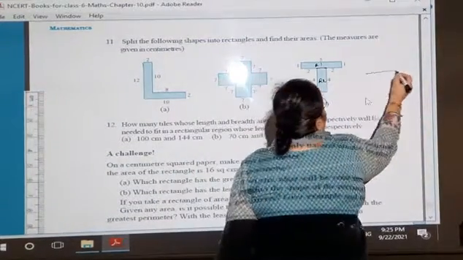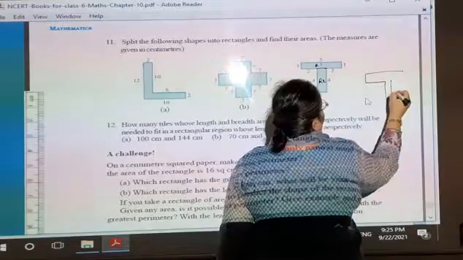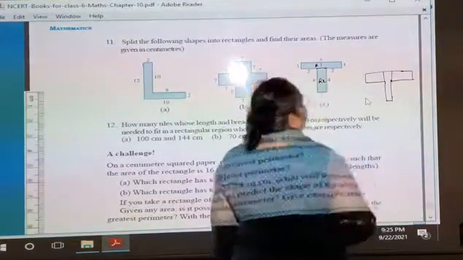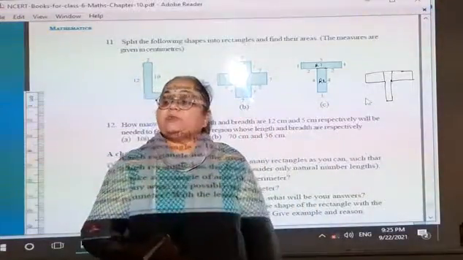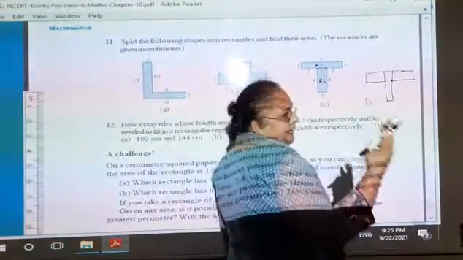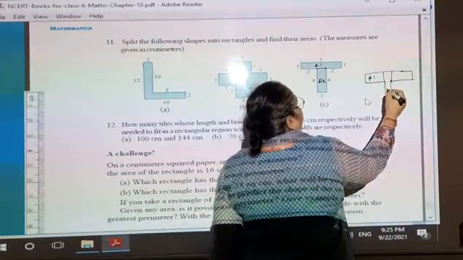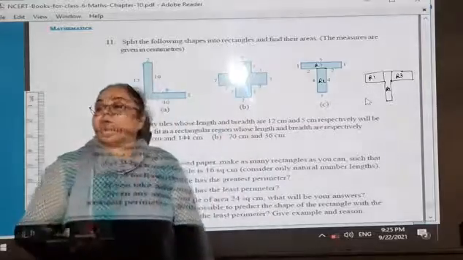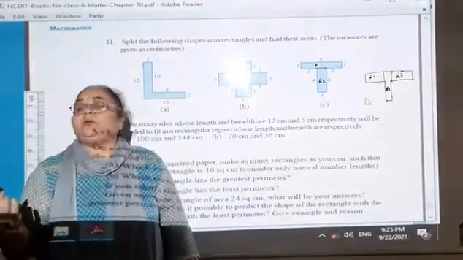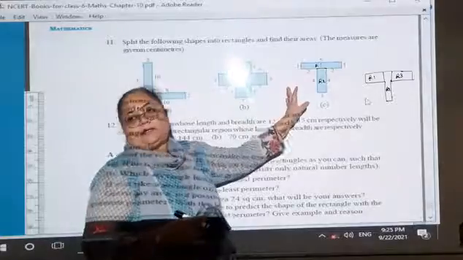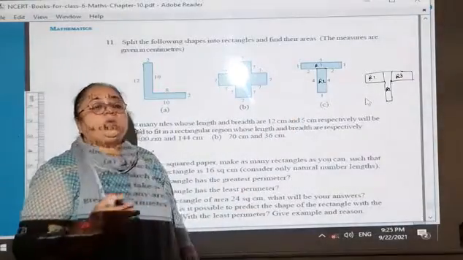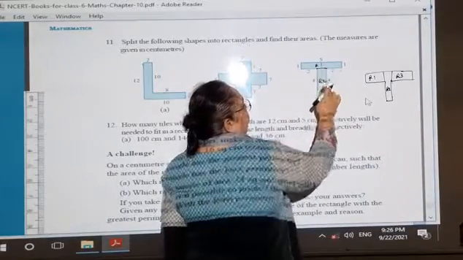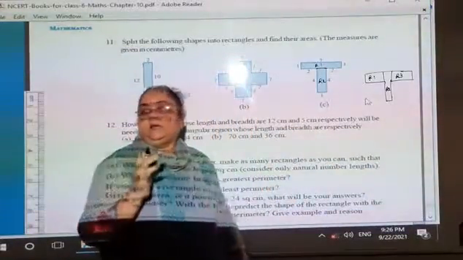Many students are asking me whether we can go in this way. That is not wrong. But in this option, you have to find three areas: rectangle 1, rectangle 2, and rectangle 3. You have to find three areas. So why waste our time when the easy method is there? So we are going to use this first choice. This we will split into two rectangles only and we will get the idea.